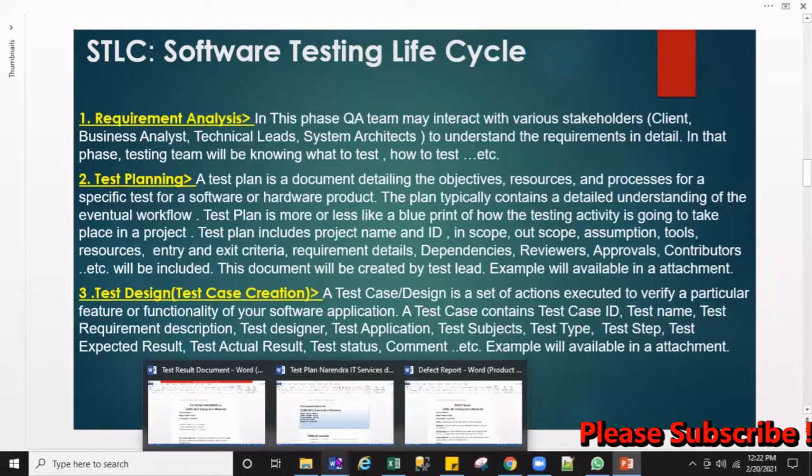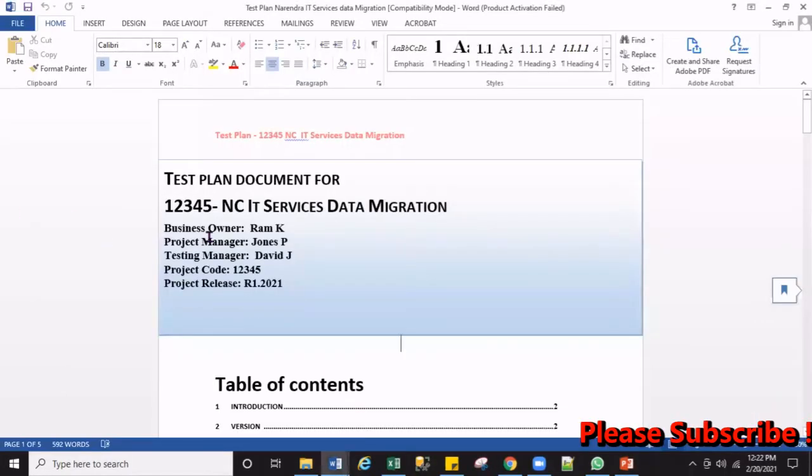Okay, so this is our test plan document. As I told you, a test plan document includes the project ID. Here, this is a clear example of a test plan document. As you know, we learned about the business requirement document in earlier classes. Based upon the business requirement document, we have to prepare the test plan document.